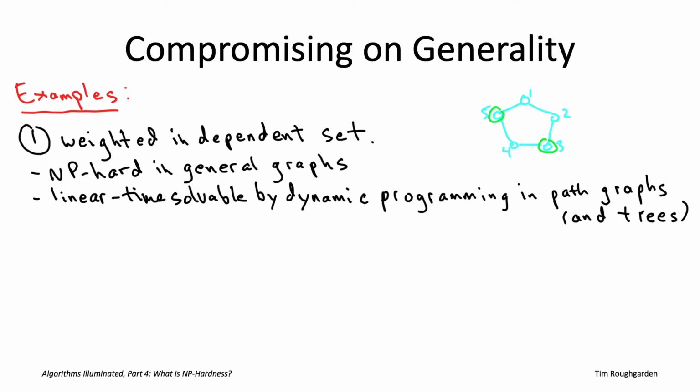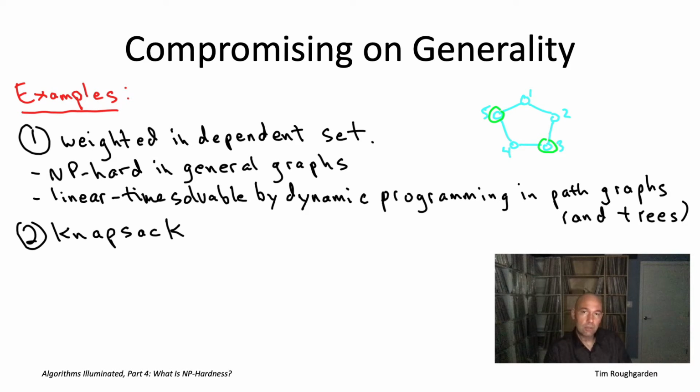So a second example of a polynomial time solvable special case of an NP-hard problem that you might have seen in the past concerns the knapsack problem. As a reminder, in the knapsack problem, you're given n items. Each item has an integer value and an integer size, and you're also given an integer knapsack capacity. The goal basically is to stuff the knapsack in the most valuable way possible. So you're looking for a subset of the n items whose total size is at most the knapsack capacity, so a subset that fits in the knapsack. And subject to that constraint, you'd like to maximize the value of the items that you choose.